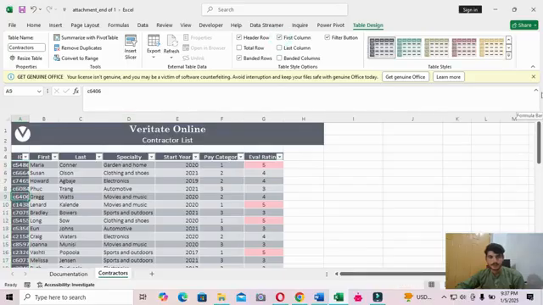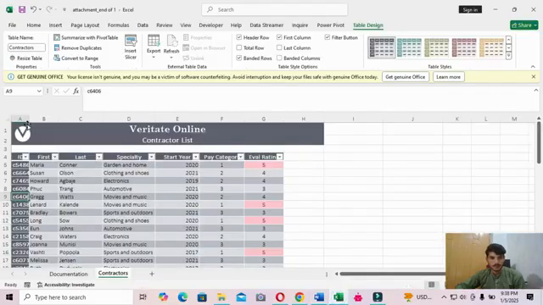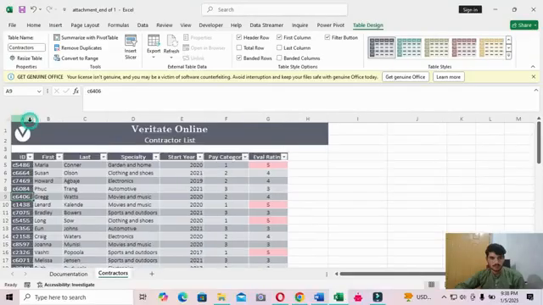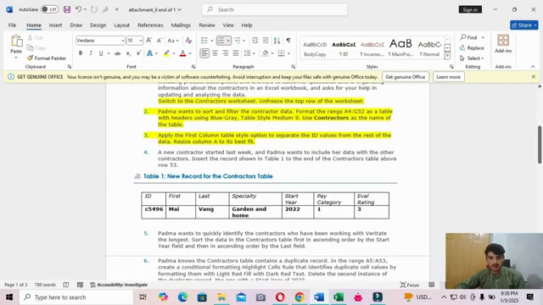Okay, and then use column A best fit. Okay. Next step, step 4.